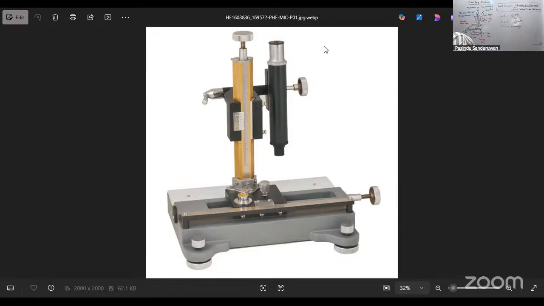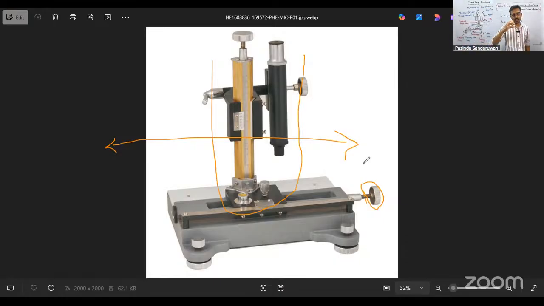See, this entire part moves horizontally like this, back and forth. Once the horizontal adjustment for fine movements is rotated, that